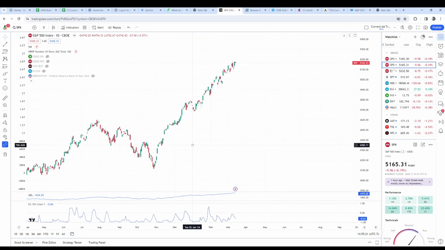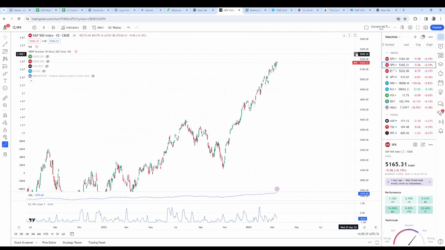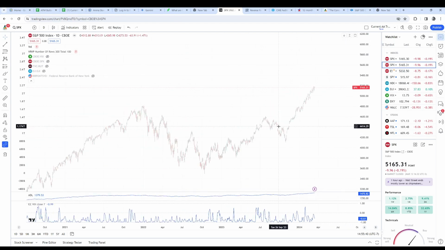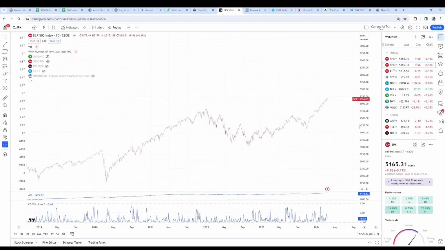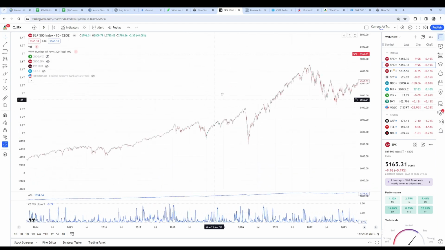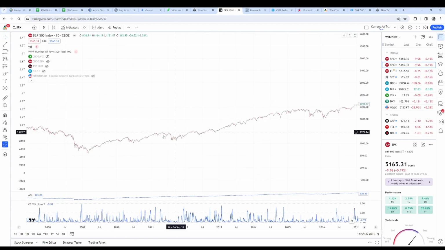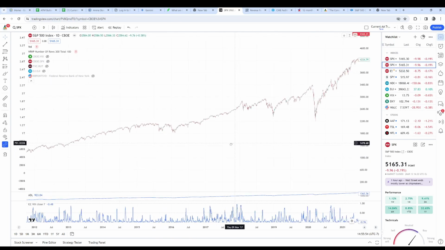It's definitely something to be said that the power of the reverse repo market and the amount of printing that's happening and the monetization of debt, you cannot take that for granted. It is amazing how much it will pump markets up. But as we've also seen in history, when the Federal Reserve and the financial markets in general stop the quantitative easing, we have corrections. We have corrections. We have corrections. This is very, very normal.